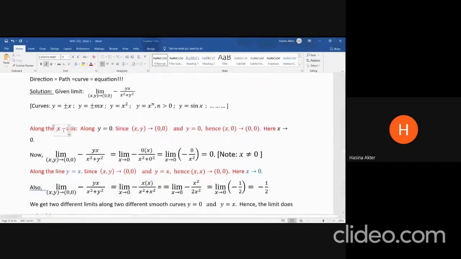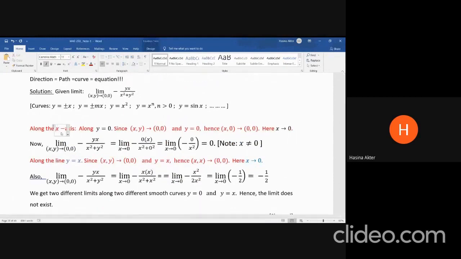By the way, if I say along the x-axis, I have to take the class. Can you hear me? Am I loud and clear? Yes, miss. Okay. So when you say the direction is along the x-axis, the direction is given by some equation. That means we say along the line given by the equation y equals 0, because y equals 0 is the equation of the x-axis. Now, since (x, y) approaches (0, 0) and y equals 0 is an equation that goes through the point (0, 0),